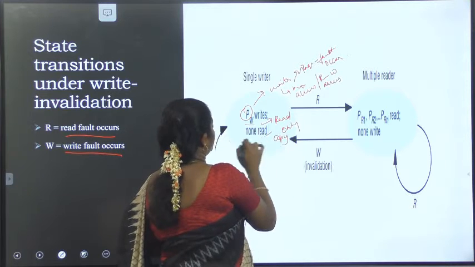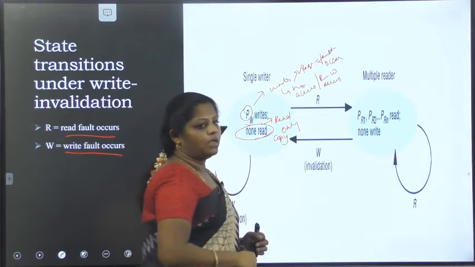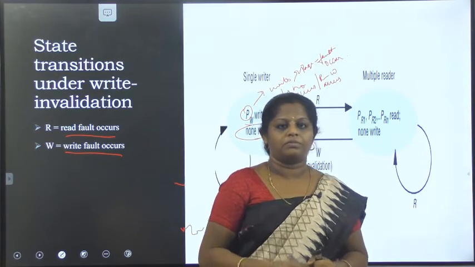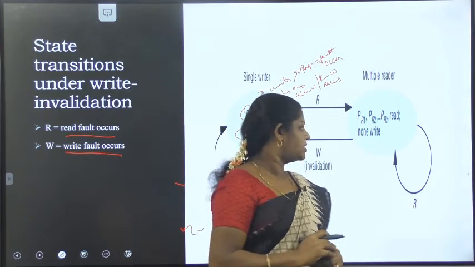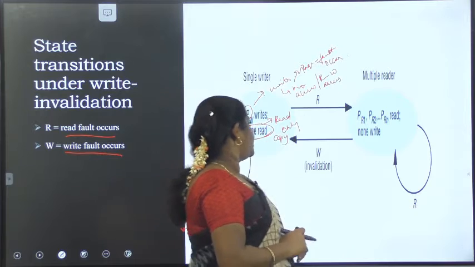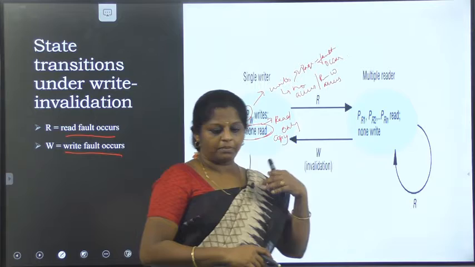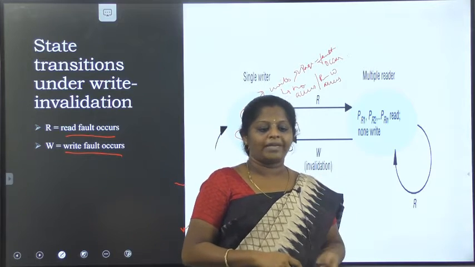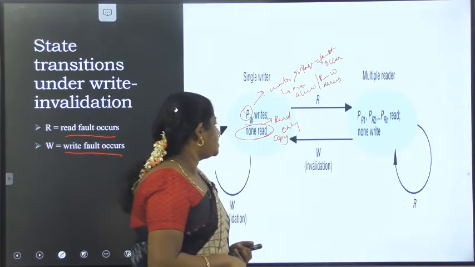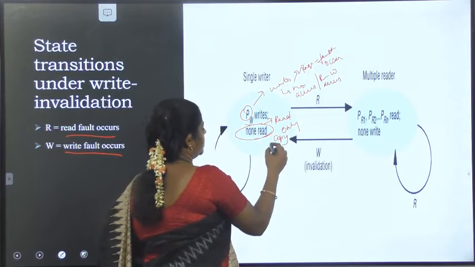At that time none of the processes can have read access permission. All other copies are invalidated and the page permissions are set to no access at all members of the copy set of P.